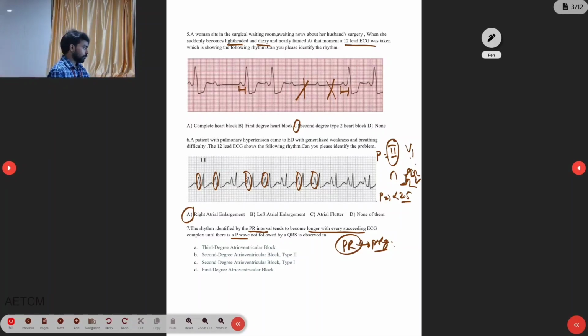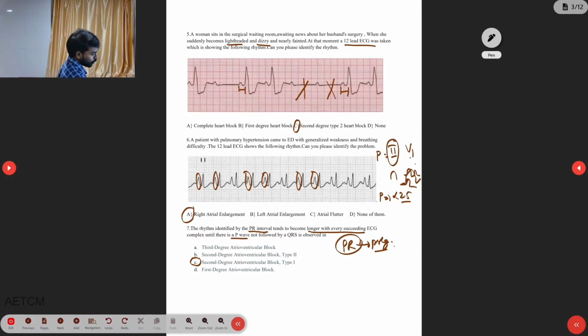So then we have options. Option A is third degree atrioventricular block, option B is second degree atrioventricular block type 2, option C is second degree atrioventricular block type 1, and option D is first degree atrioventricular block. The answer for this one is second degree atrioventricular block type 1. This is C. The option for the 7th one is C, because second degree heart block